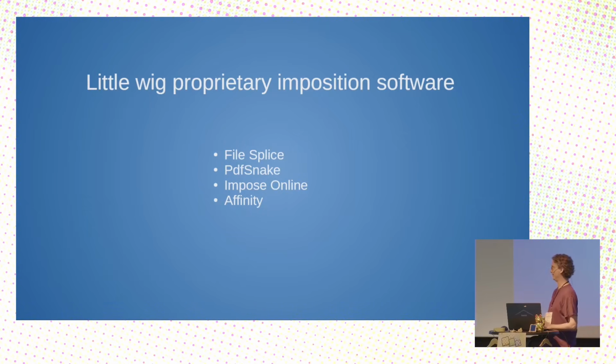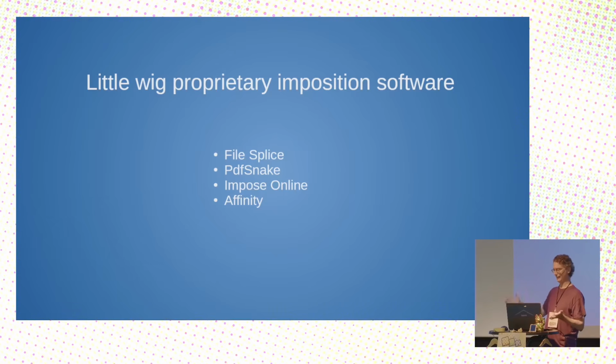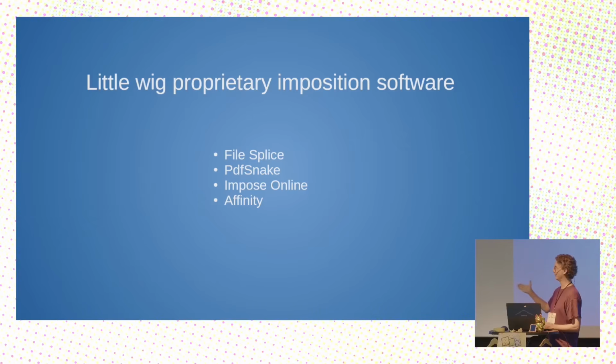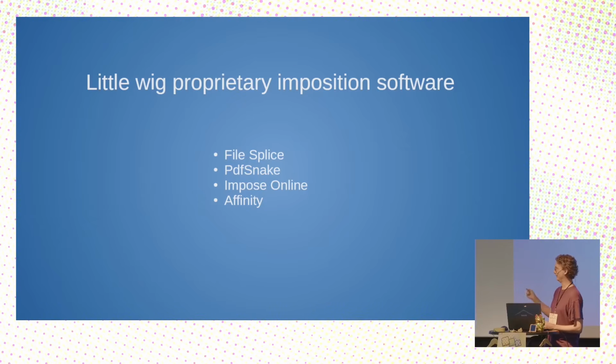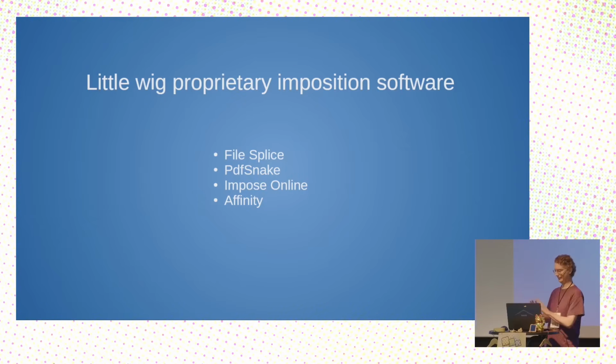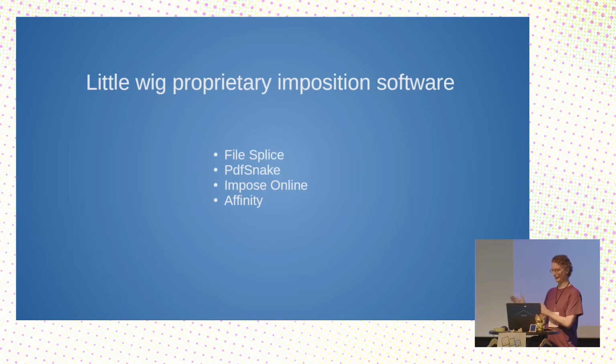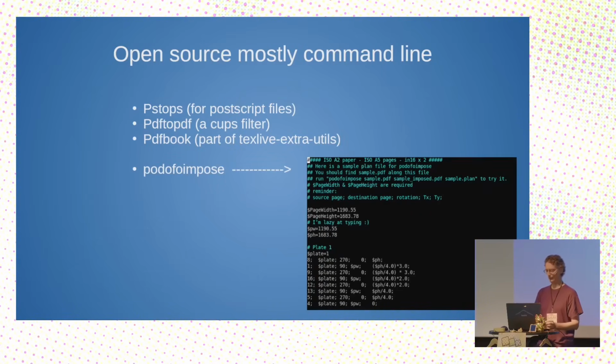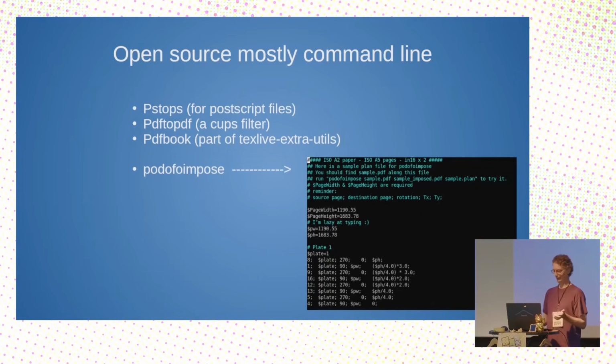As time has gone on, people have gotten kind of fed up with so much money for what should be a simpler thing. So there's a variety of smaller tier proprietary stuff. PDF Snake is probably the most capable of these. They're only like $10 a month. It's much easier to get into. But if you don't want the hassles of proprietary stuff,